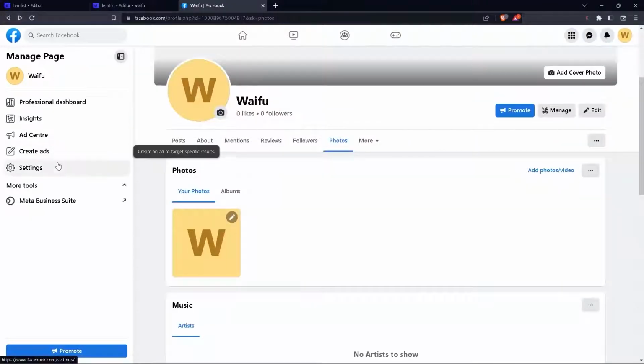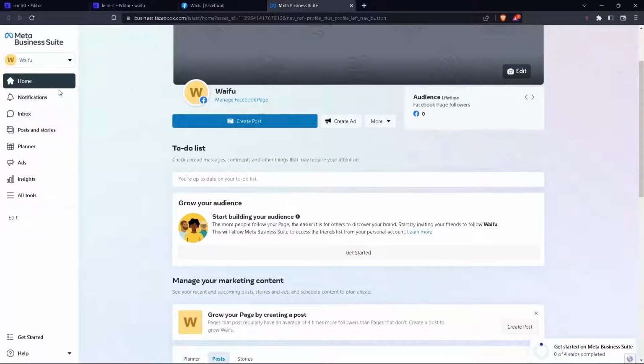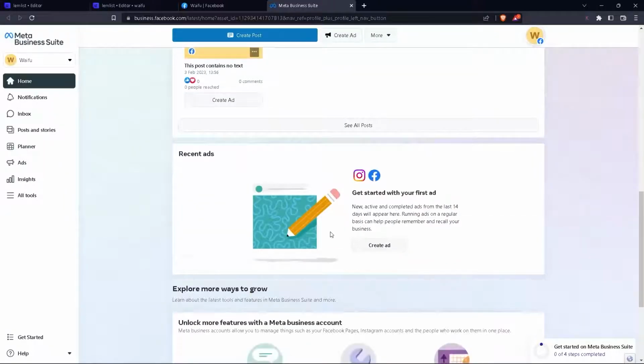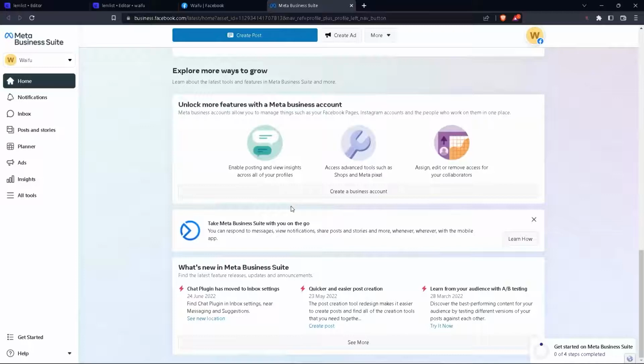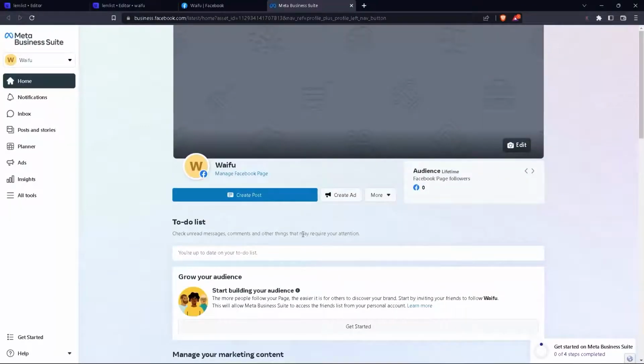Let's just go back, and here what we are going to see is Meta Business Suite. In Meta Business Suite, we have one of the most important features. If you go to Meta Business Suite, it will automatically provide you some of the best options that it has with Facebook